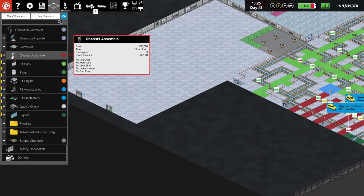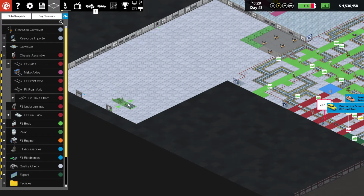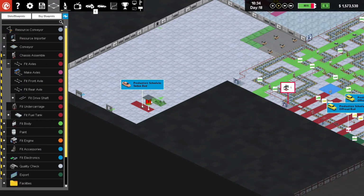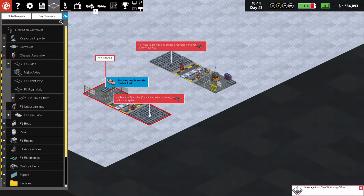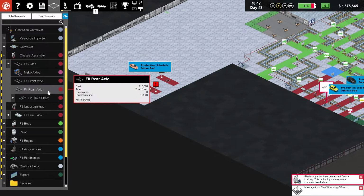I'm going to build, fit the front axle, right? So that's the first one. And then I'm going to fit the rear axle, and that's the second one. 2, 3, 4, 5. Yep, okay. No route to stockpile. And of course they're round the other way, right? Of course they are. Why? Because you're a goose. Now, what I'm going to do,